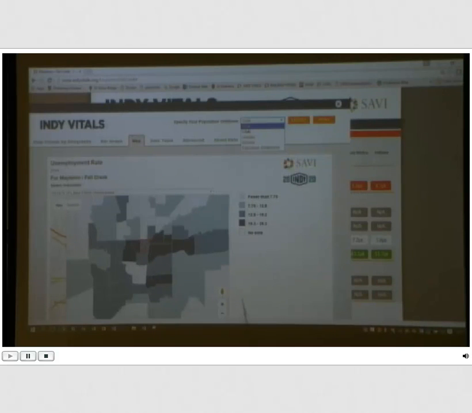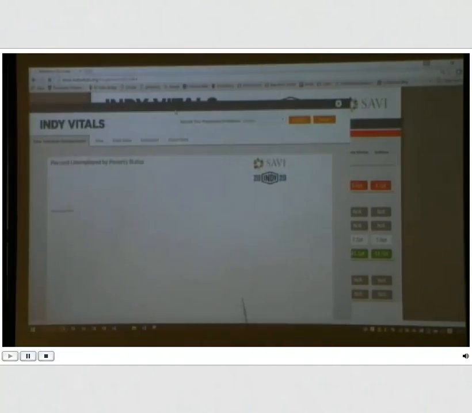So you can slice the data and look at it, for example, by income. So are people in poverty more impacted by an issue than people not? You can look at it by race. Are people of a certain race more impacted by an issue than others? You can also look at it by education levels and so forth. So just to give you an example,